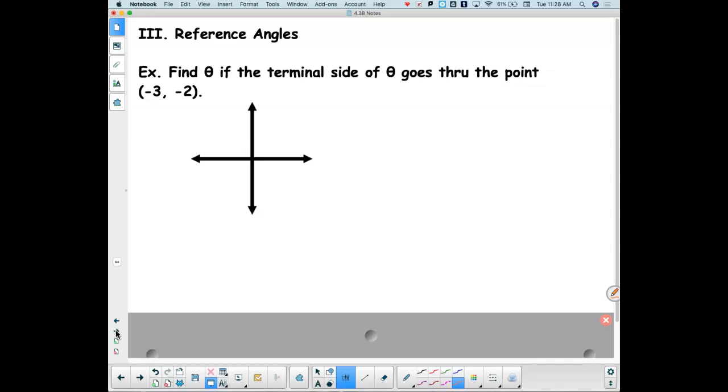So x is -2, we don't know the height. That's 3, that's 2. You use that. Okay, so then that's a